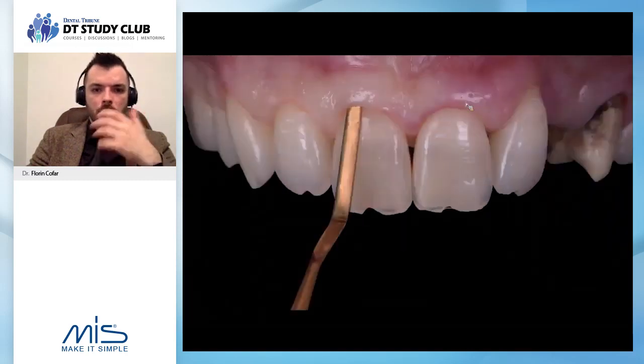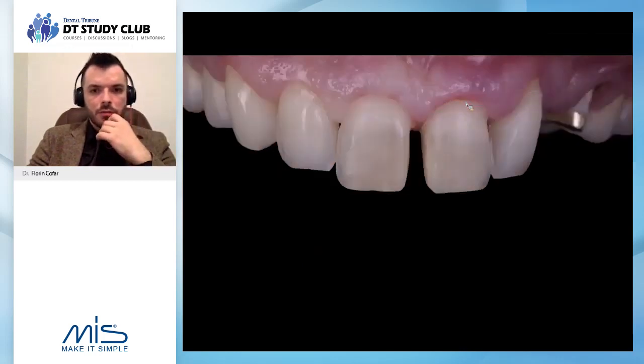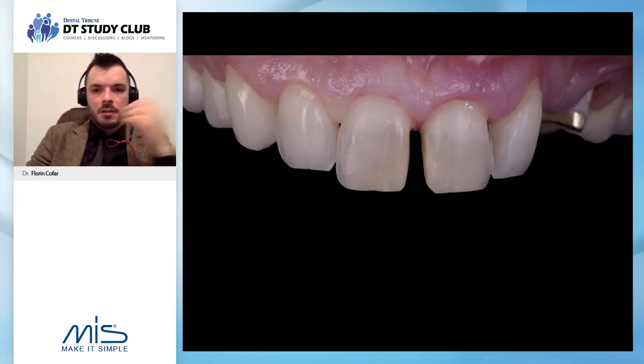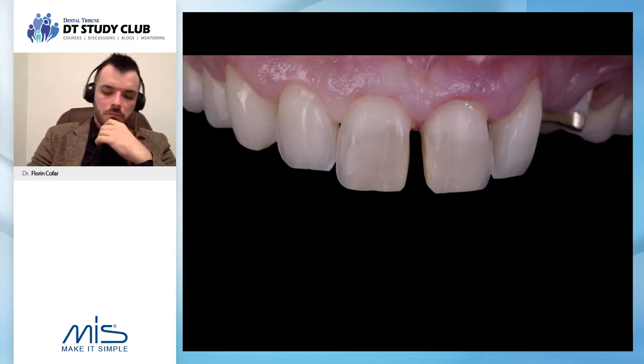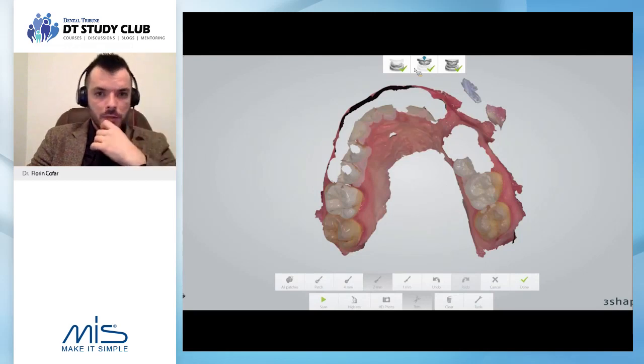After we prep through, back the cord, we can see we have just minimal reduction that we need to do. Then finish the preps, very thin chamfers. We're talking about these chamfers that you can see here are basically, I think, like 0.2 millimeters. And then one of the nice things that